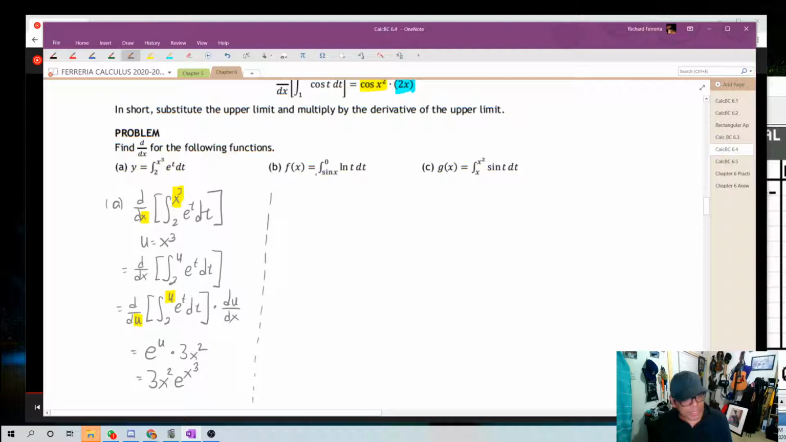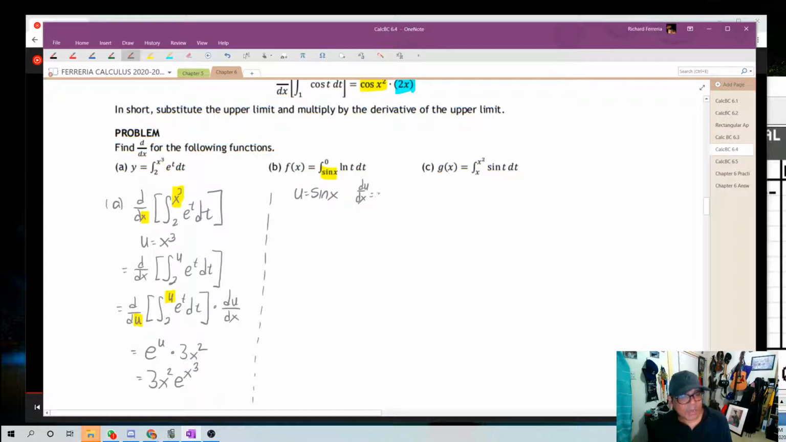Now f is not going to fool me again. Notice that the derivative is in the lower limit. So I'm going to try to speed things up here, and I'm going to say u is equal to sine x. Of course, that means du dx